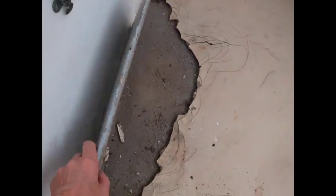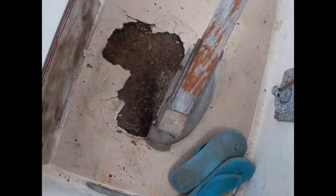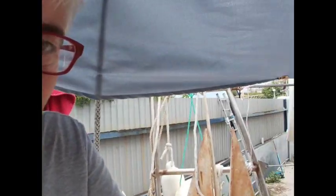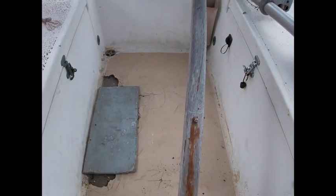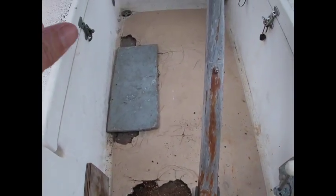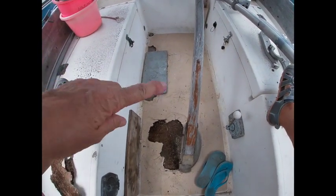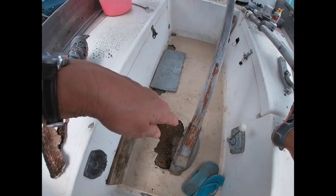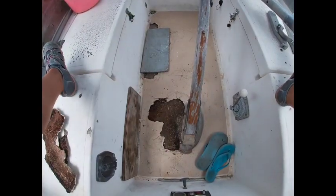When I got Harmony, she already had some damage here to the cockpit floor, and I have been slowly taking bits out of that. But last time it rained, I noticed it was leaking around the rudder post here, and so I'm just tearing this out. I talked to the carpenter Pedro, and I'm hoping he's going to come over and give me a quote for cutting a new piece. So this is a core with balsa wood, which is why, once it gets one little crack, that balsa just rots and it spreads like a disease. And I'm hoping the carpenter can just cut me a piece of plywood to fit in here perfectly, with a hole for the rudder post, or possibly in two pieces. I'm not sure how it's to be done, but